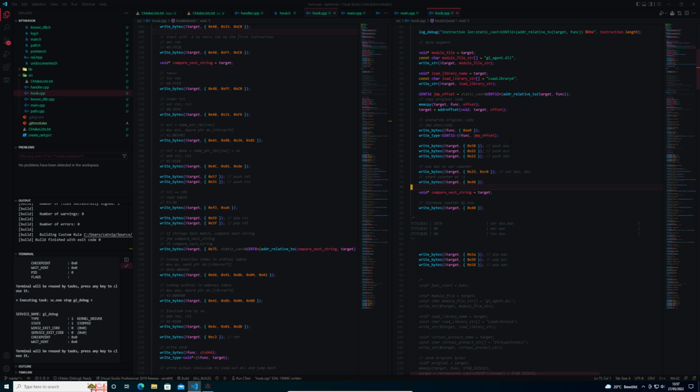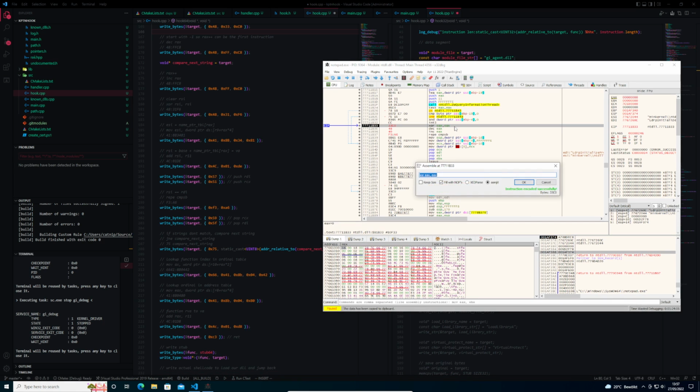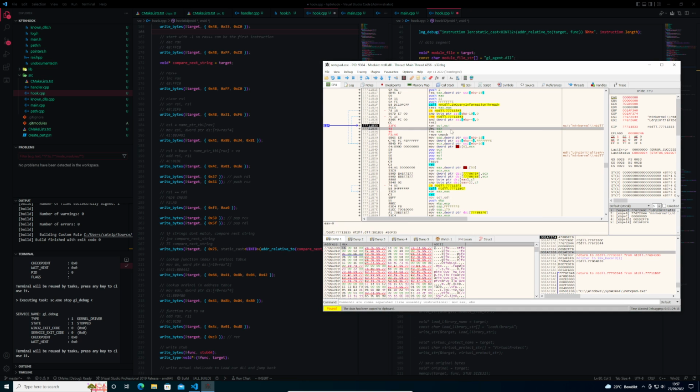Here we go. So we replace func by target, because that's where we want to write these bytes. Increase counter by 1, and yes, we need to clear ESI. We do that by saying XOR ESI, and then